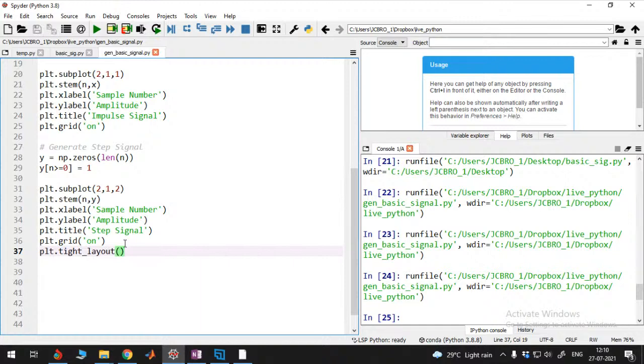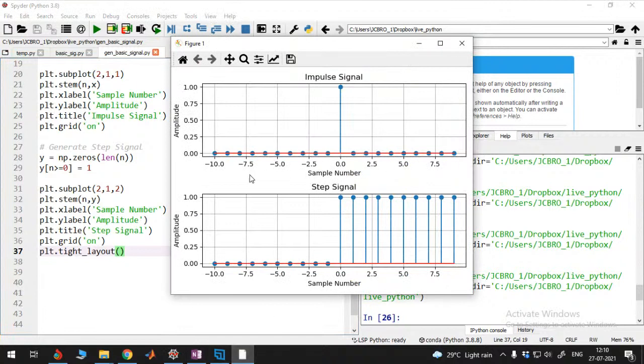It separates all the layouts within the graph. We will run it. Okay, you will see a nice and clean graph. The first graph is showing the impulse signal and the second one is showing the step signal. So these are the two ways of generating a simple impulse signal and then a step signal